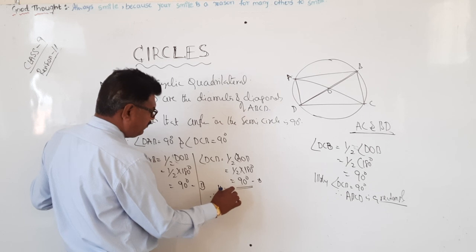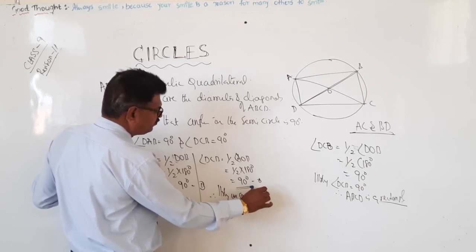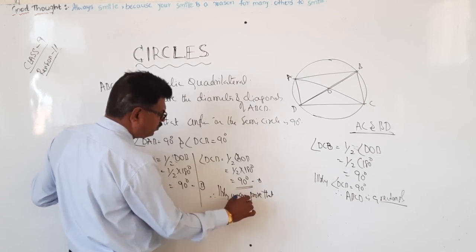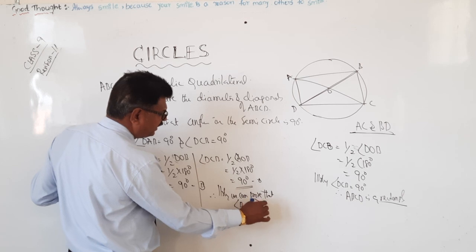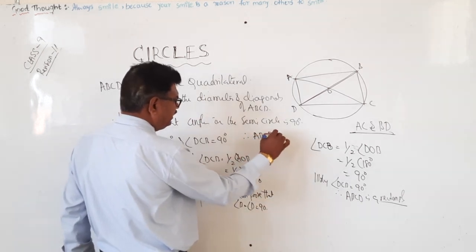Similarly, we can prove that angle B equals angle D equals 90 degrees. Therefore, ABCD is a